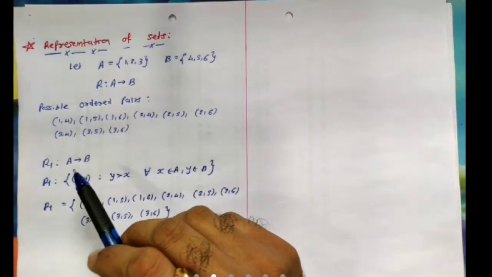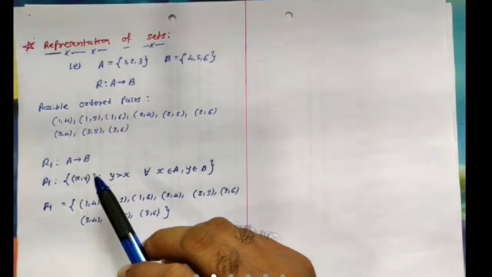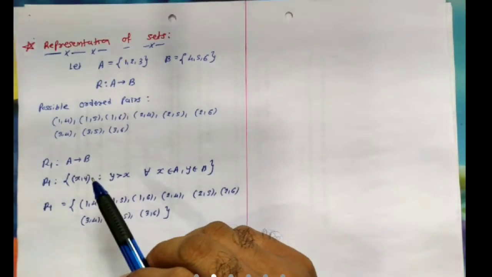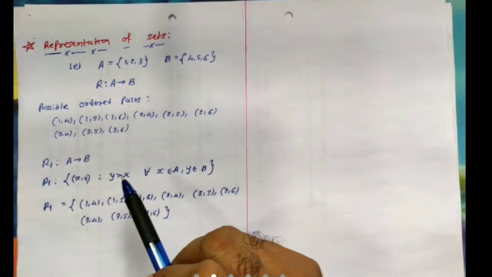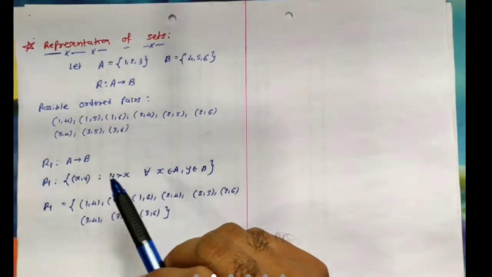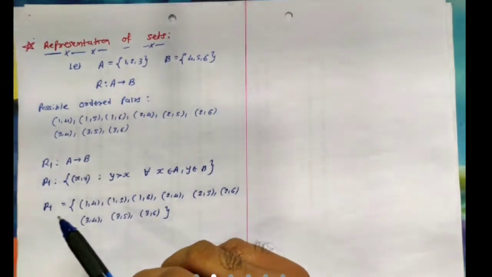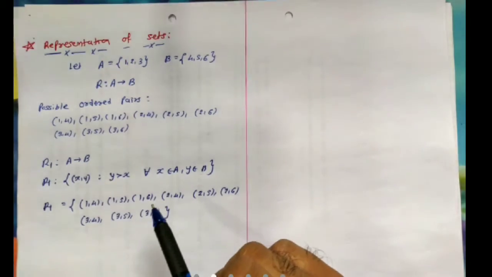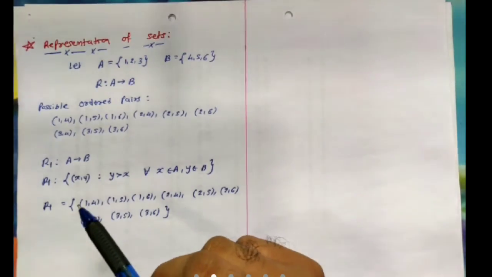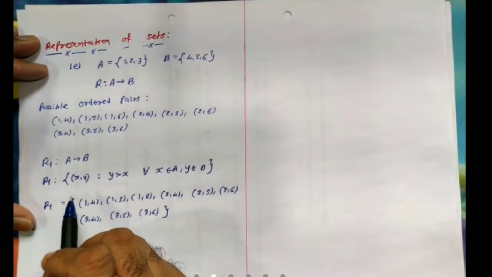In the description of the relation between elements of set A and set B, first we described all the ordered pairs in which the second element is greater than the first element. That is our first description. So according to our description, the relation between set A and set B was the set of these ordered pairs, that is R1. Yesterday we described a total of four relations. So this was relation R1.